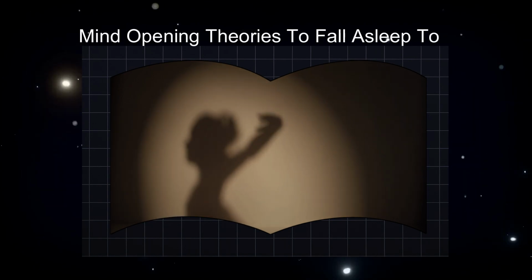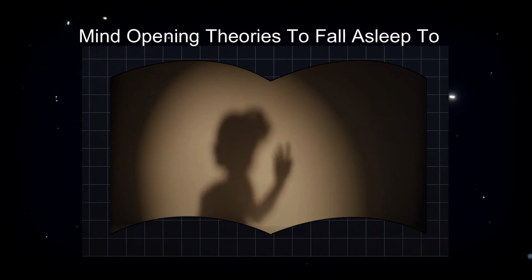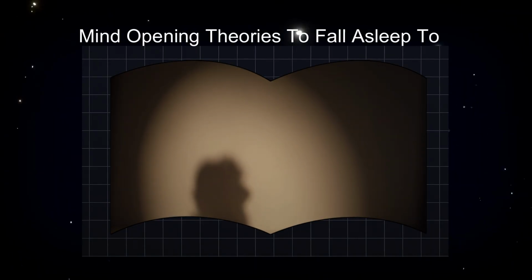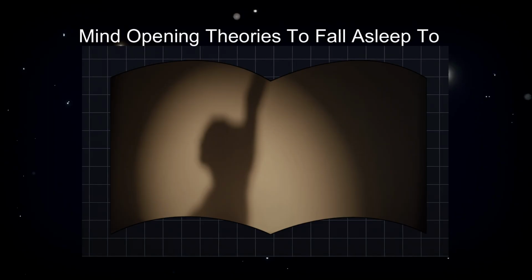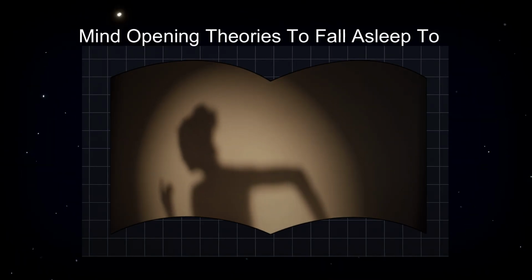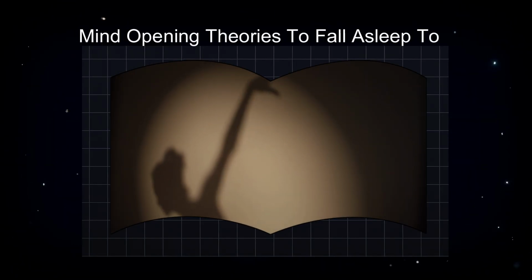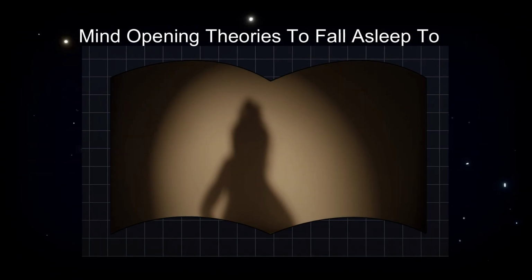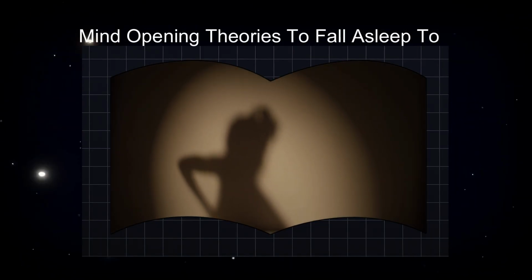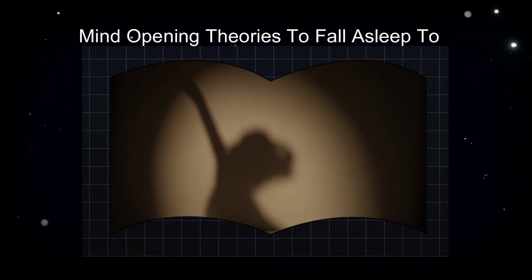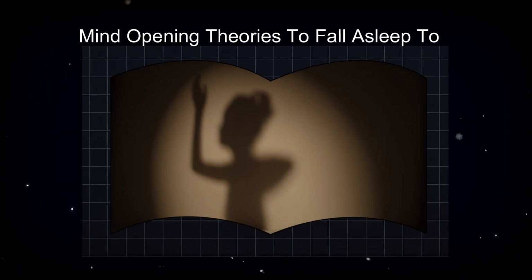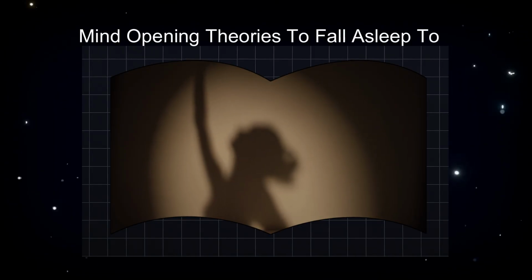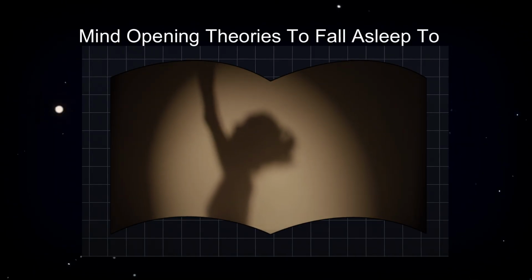Panpsychism flips this idea on its head. Instead of viewing consciousness as something that appears only in complex systems, panpsychism suggests that consciousness is already present in the simplest components of the universe. When these components come together in a brain, they don't create consciousness from scratch, they combine their already existing consciousness into something more complex.